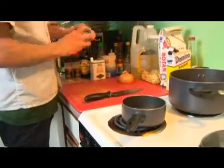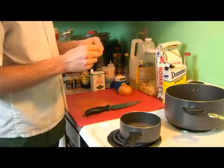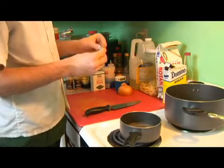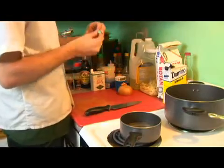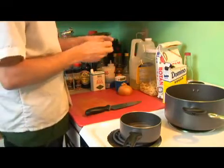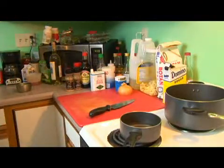And we'll add a cube of vegetable bouillon. So we measured out 1 cup because we plan to use a half a cup of rice, so you always want to have a 2-to-1 liquid to rice ratio to make your rice come out as it should. We'll drop our bouillon cube in, get rid of our paper, and now we can start working